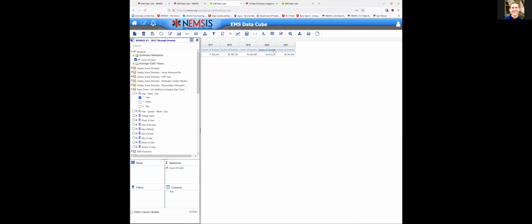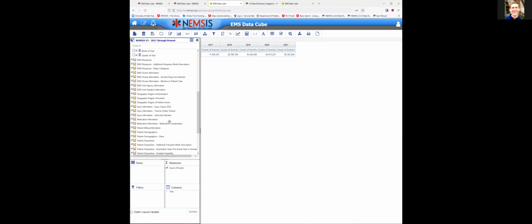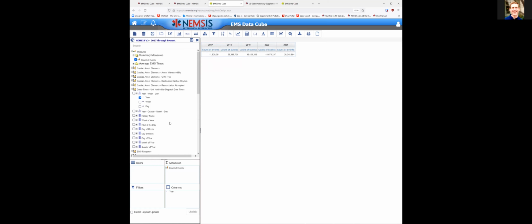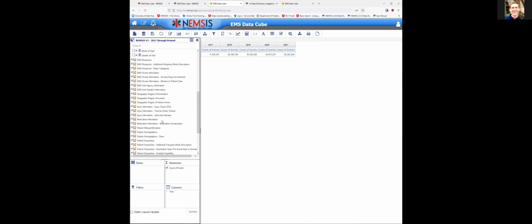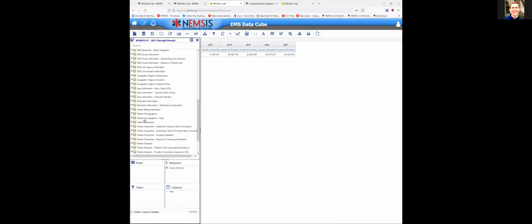Now we have from 2017 to 2020, how many EMS activations there are with each year as a column. So that's a good start. But we probably want to measure something within a row. Because this is EMS for children, probably patient age would be of interest. Again, if you're hunting for a variable to try and measure, you can refer to that supplemental guide that will tell you where everything is. But we'll come down to patient demographics and select